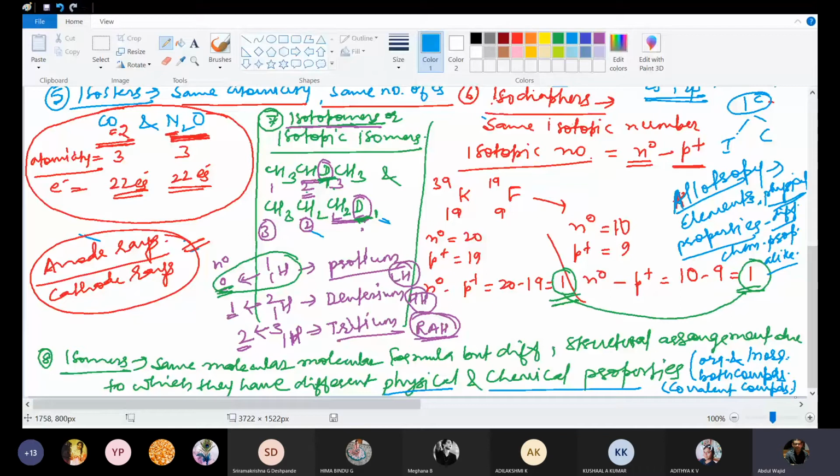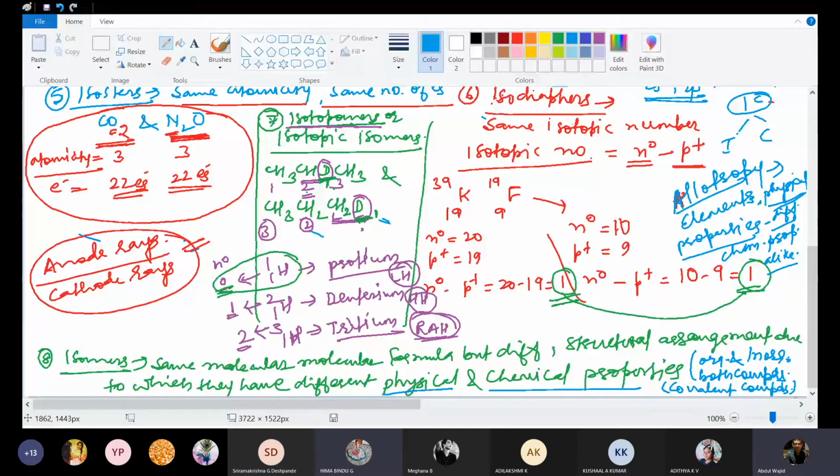You are alive now, it means your body is there in organic form, in covalent form. Once death comes, that organic form will get converted into inorganic form, ionic form. So once the process of conversion of covalent into ionic has started, that means the end is about to be there. Fine. Is it okay? Yes, sir.